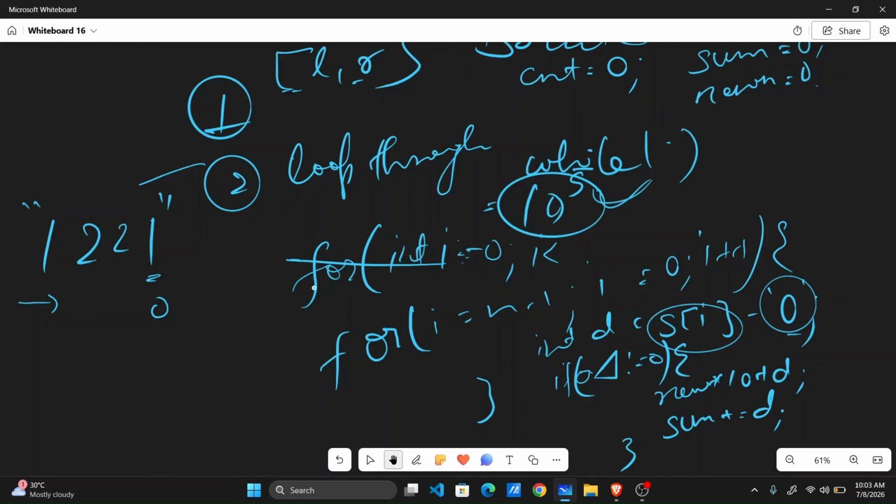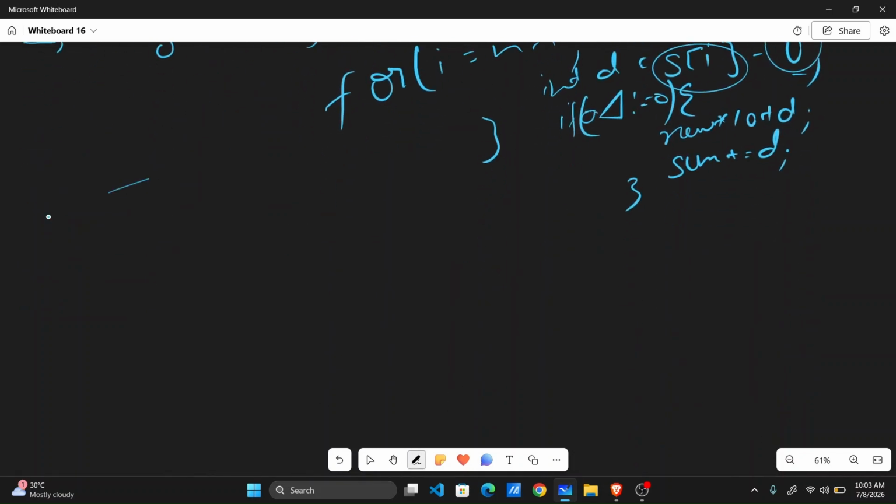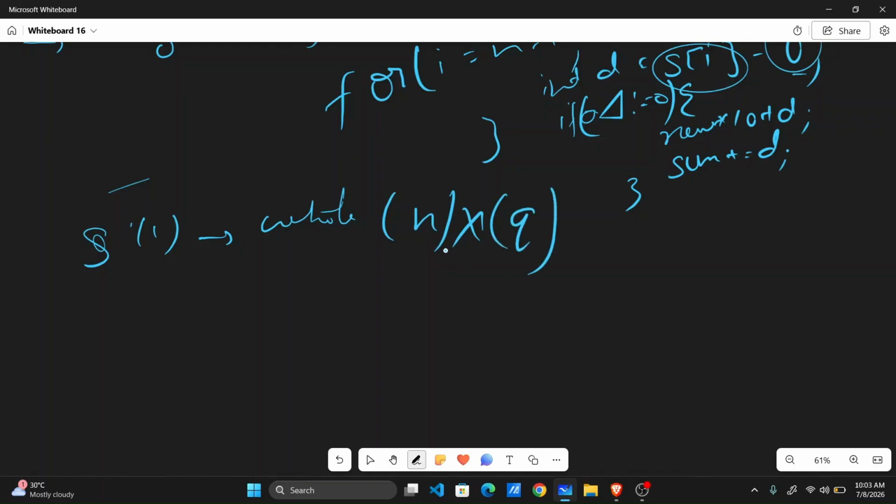That's pretty simple. And this is the brute force, and its time complexity will be O of, for one query, it is traversing the whole string, so that is O of n. And for the n queries, right, it's O of N times Q. But it is also 10 to the power 5, this is also 10 to the power 5. So it is 10 to the power 10, right? And this will give us really